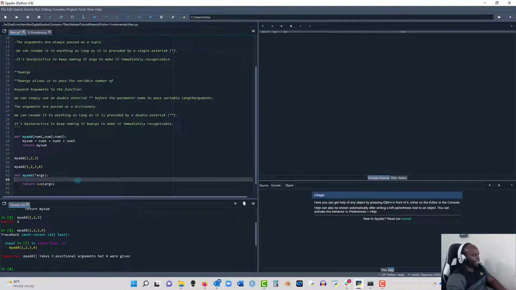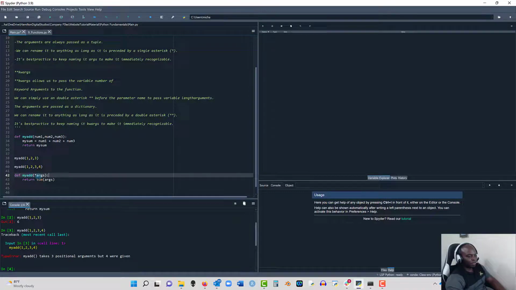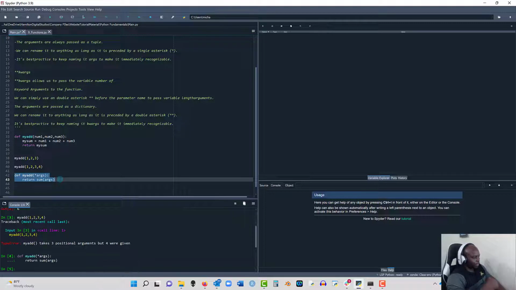So all we need to do to make it dynamic was to bring in star args, meaning a list is going to be passed into this function. And if I'm not mistaken, I think when you pass the list, you have to have the star as well, but we'll test that out. So if I run this line of code, now when I try to run my add up here, it's not going to work like this. So when I'm back up here and I do shift enter,